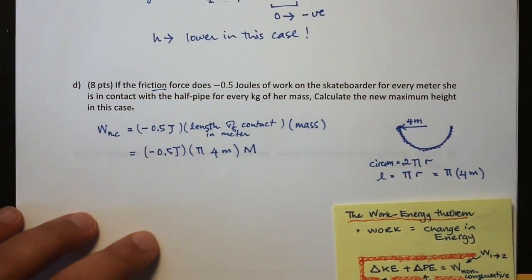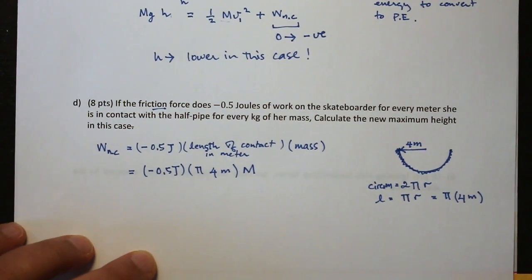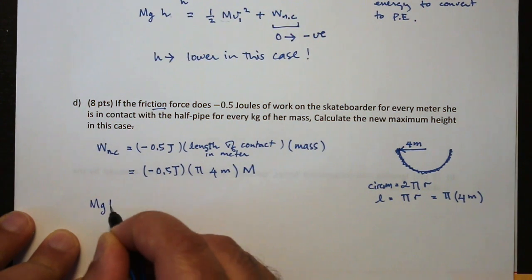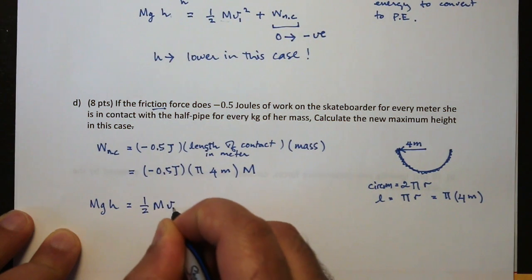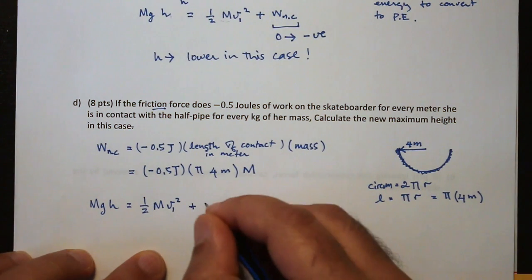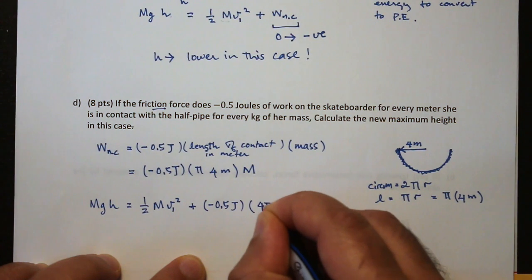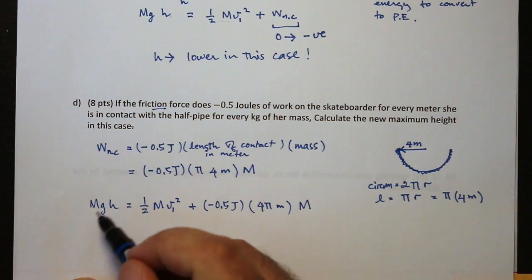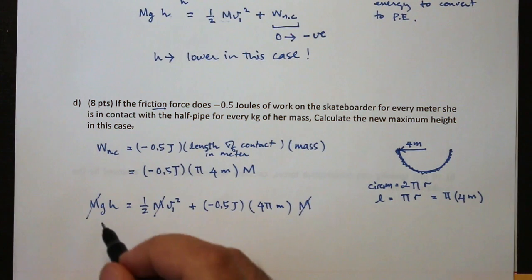So then I can sub in that equation, and I could say that mgh is equal to half m v1 squared plus this work, minus half a joule multiplied by 4 pi meters multiplied by the mass. And you see then that if I divide both sides by m, the mass will go away. And then I'm left with